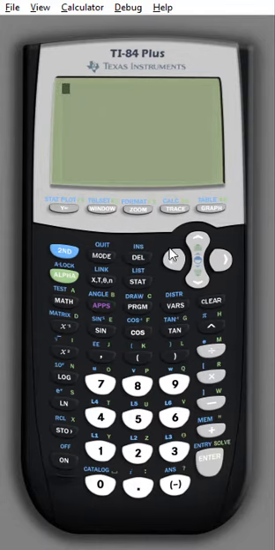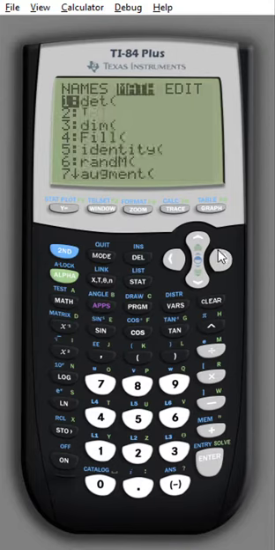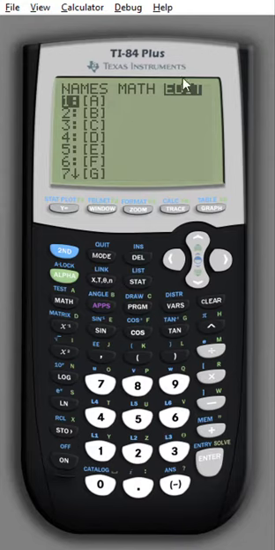Solving using matrices is easily done by using the graphing calculator, and you really have to be familiar with this matrix button right here. It's second x to the negative 1. So if I want to go ahead and label a matrix A, I have to go into the edit mode